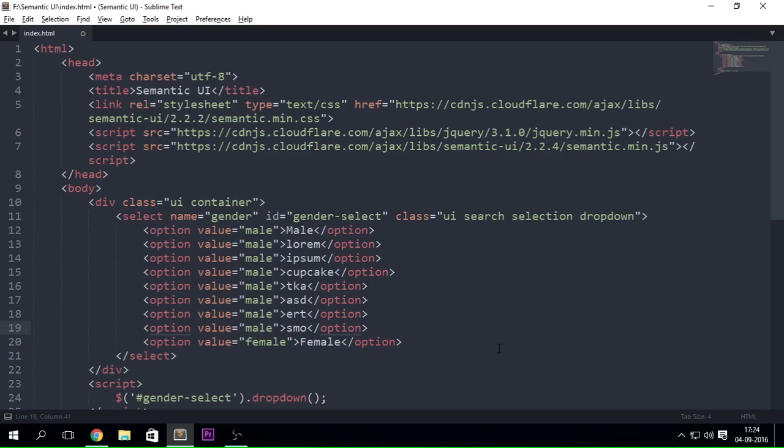I don't know why I typed all of these things, but it would make a lot more sense. I can change it, or I can leave it as it is. But when you are creating a real life design and you want different things named differently, you can change those names, but I'm not really going to care about that too much right now. So I'm just going to refresh the page, and let's see how that goes. So there we go. That's exactly how it works. So let's just say if I want male, I can simply